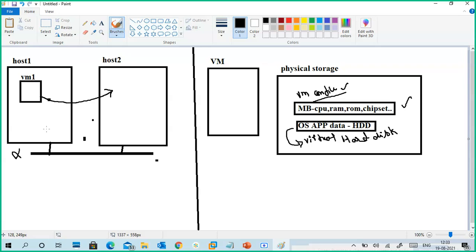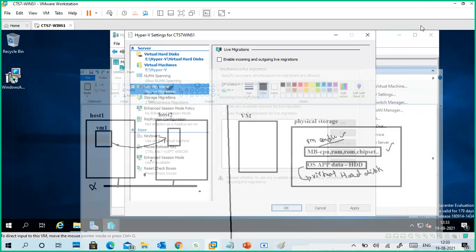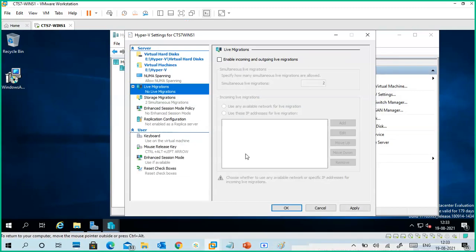So what I do, I can migrate the virtual machines from one place to another host directly without shutting down the virtual machine. So what is this? Live migration.